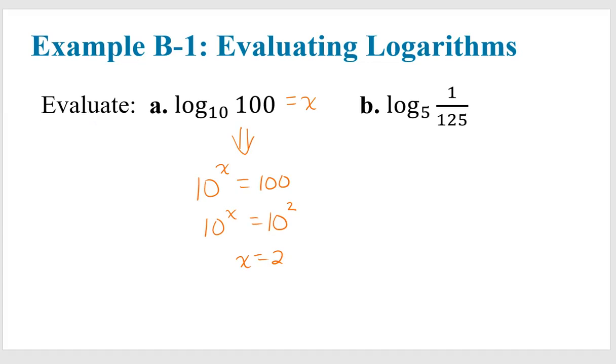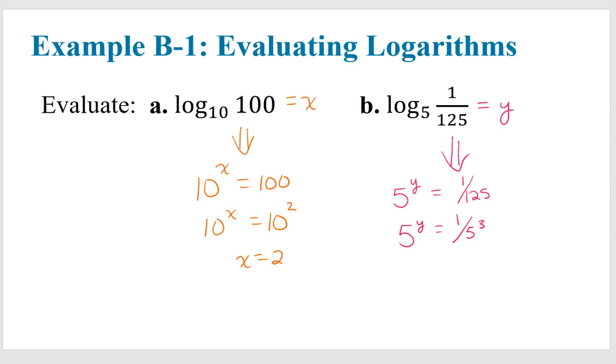Let me change colors here. I am going to make this equal to y. First thing I'm going to do is I'm going to convert this to exponential form. So this is a base 5 that is raised to the power of y, and that is equal to 1 over 125. So I know that 125 is 5 to the third power,